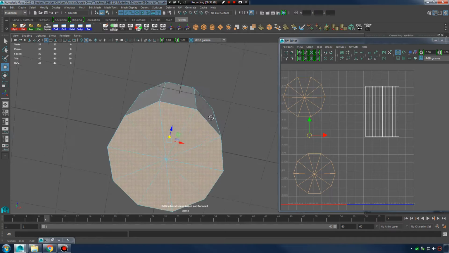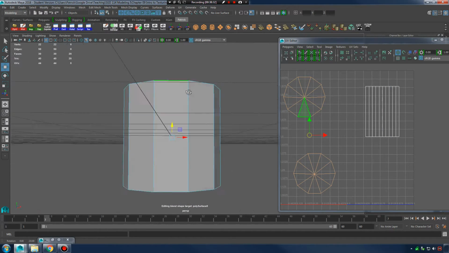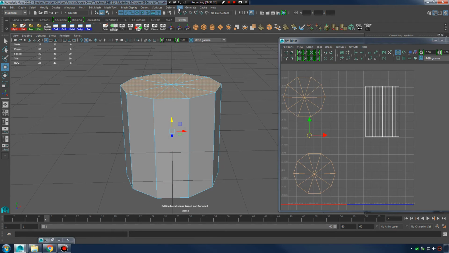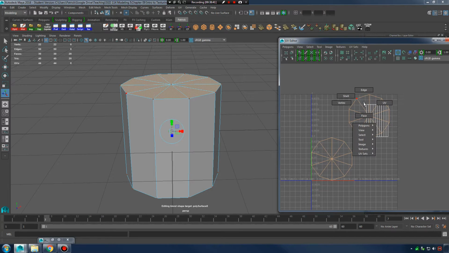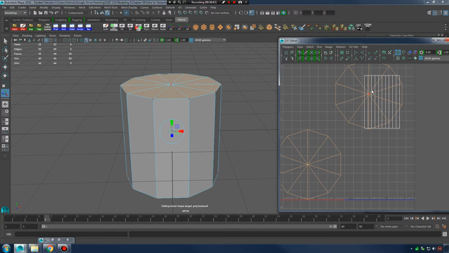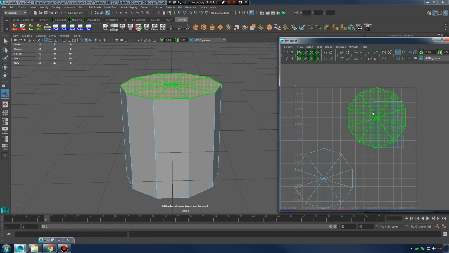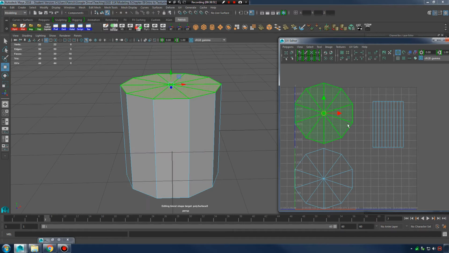I'm going to just select the top and bottom of my cylinder. And since these are flat geometric shapes, top and bottom are an automatic map, it's going to give us a great approximation. See how it naturally just projects those pinwheels for us like so? So I'll go to shell and I'll move my top, my bottom,